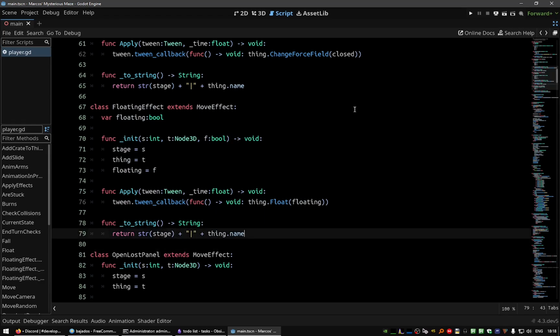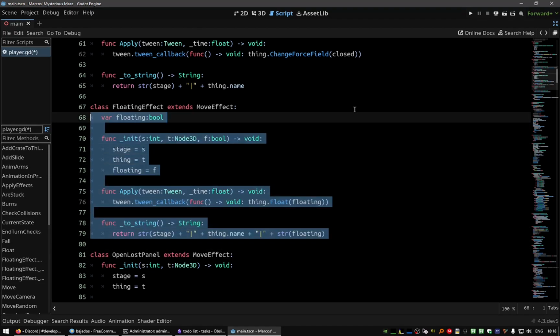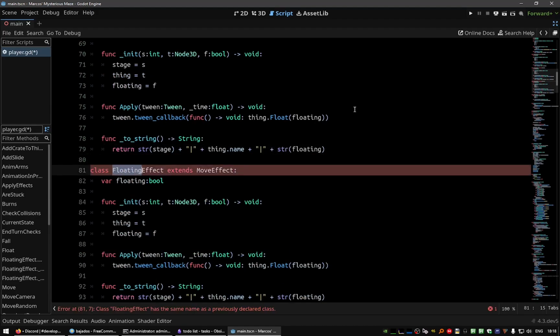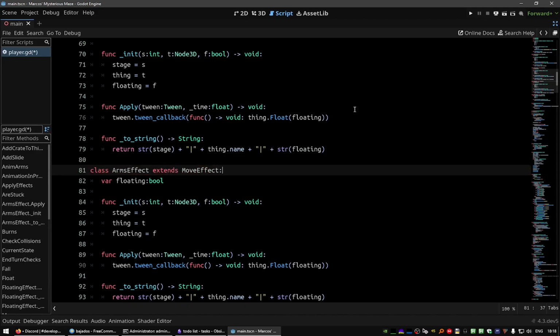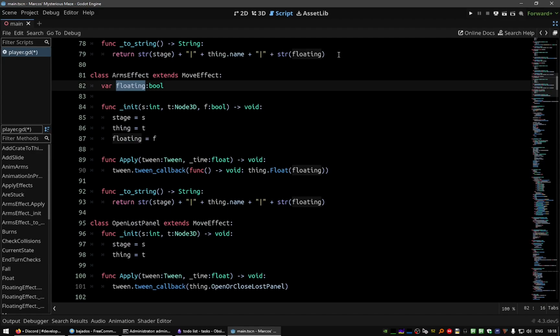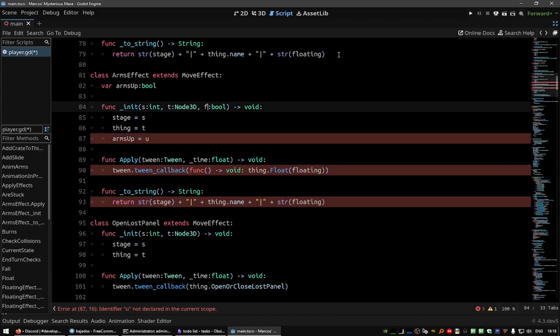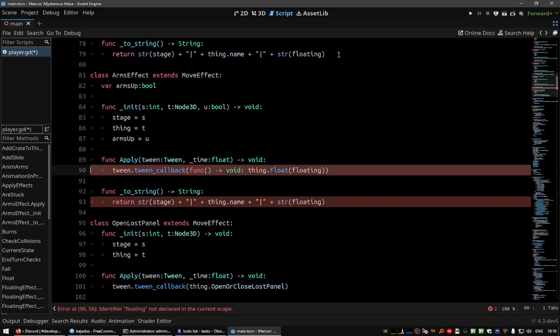Let's use this, this will be useful later. And let's duplicate this for the arms effect. This will be this variable. Let's call it up,